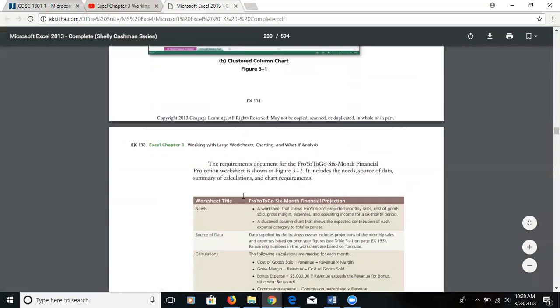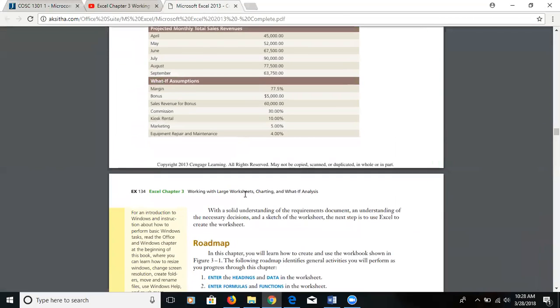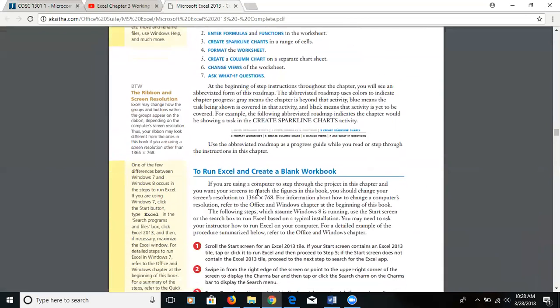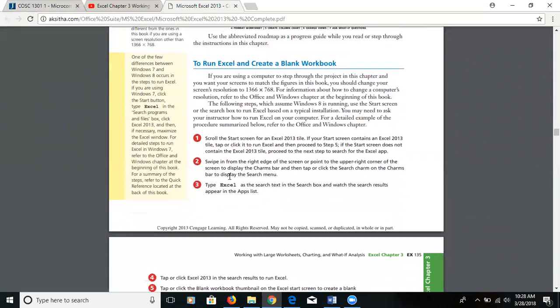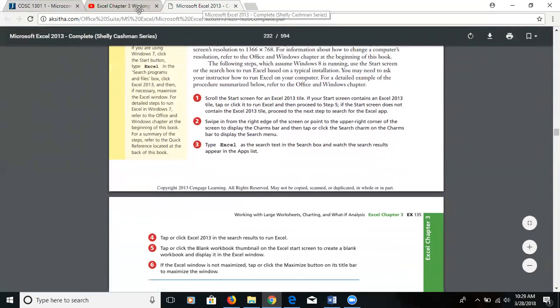And so what you want to do is every time you read an instruction, again, this should happen after you've gone through the reading at least once to familiarize yourself or have a general knowledge of the chapter. So where it says run Excel, scroll to the start, swipe, type Excel 1. If you watch this video, it gives you